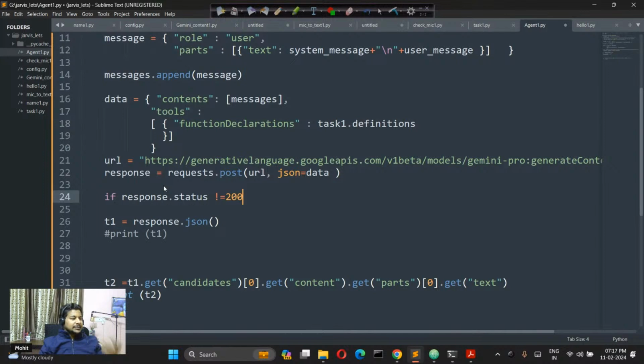Whenever you open any website, if the website opens, it means that the status code is 200, meaning everything is okay. But sometimes you see 404 error, 503 error, right? If the website is not opening, you have a 404 error, page not found. If you are not getting the success code, then show the error